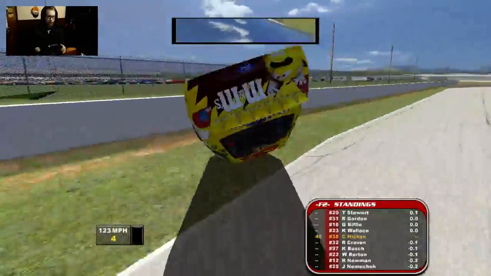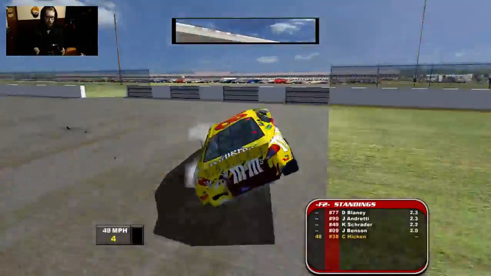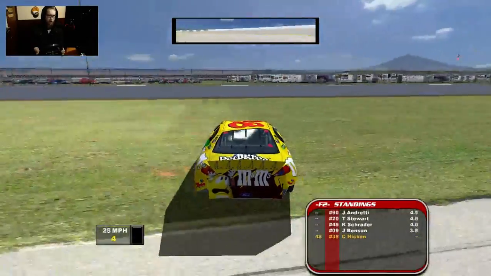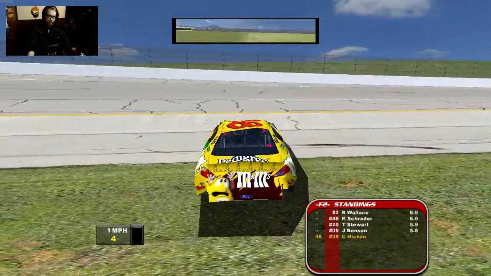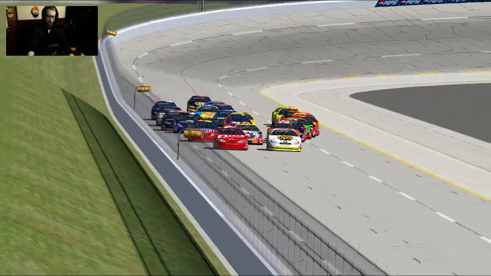God damn it, I didn't mean to do that. Man, hard wreck for Elliott right there. I did not mean to get hooked to Stewart right there. But